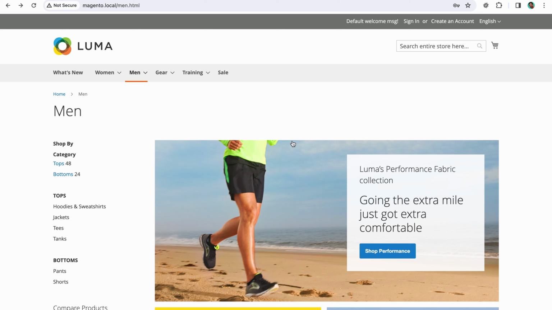As we discussed earlier, LCP is the time taken to load the largest element on the page. Let's say we have implemented the lazy loading feature on all the images of our website, and some images are part of above the fold content. Those images will not be downloaded by the browser, which will prefer other resources to load first, because those images are not required right now. It is waiting for us to scroll to those images, and then it will download them. So this behavior is going to impact our LCP.